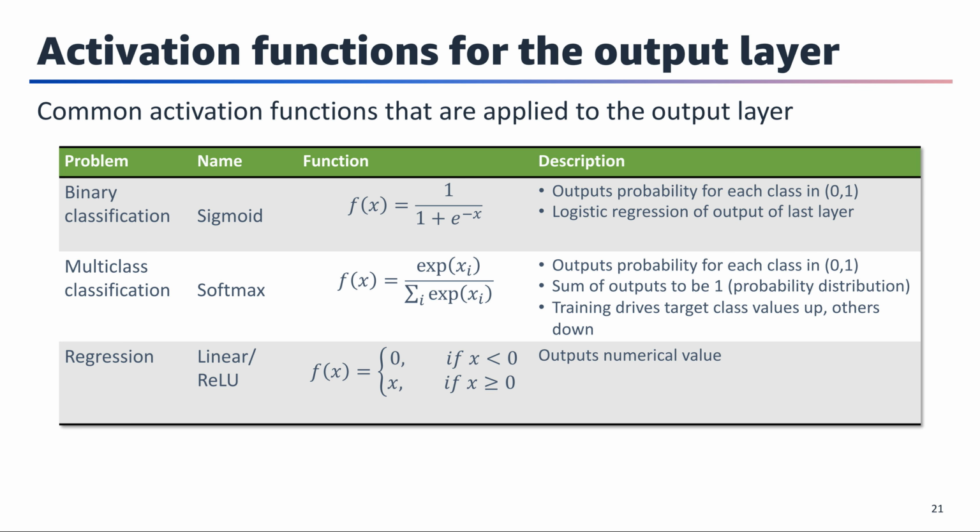For binary classification problems, the sigmoid function is a good choice because it outputs values in the range 0 through 1, which can be interpreted as the probability for each class. For example, an output value of 0.89 suggests an 89% chance that the data point is class 1 and an 11% chance